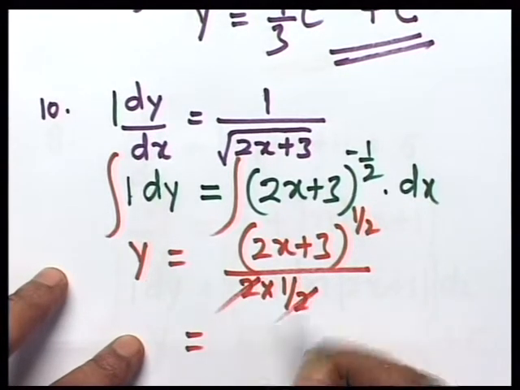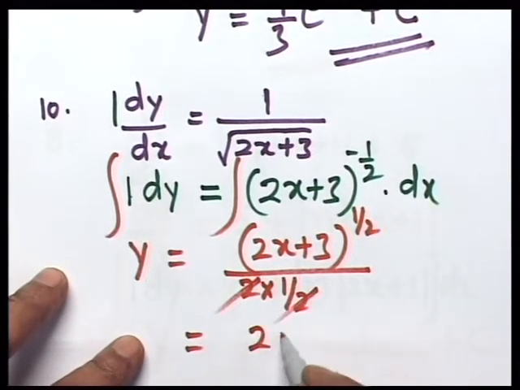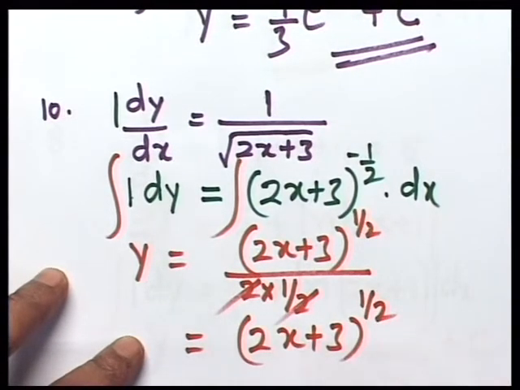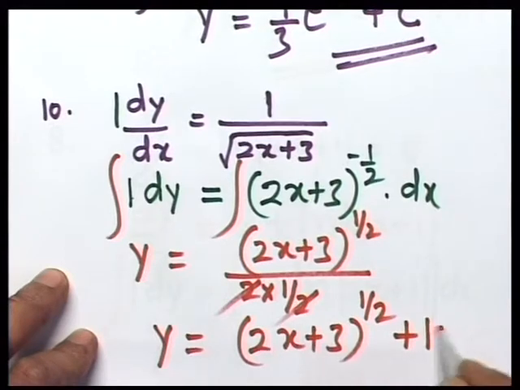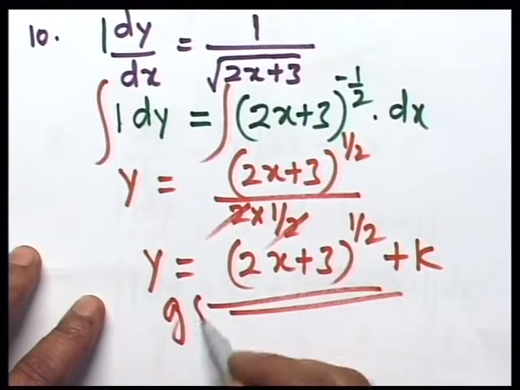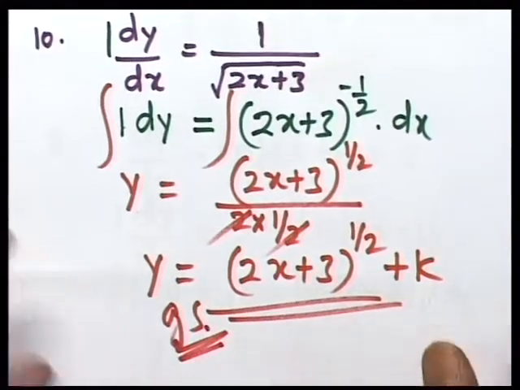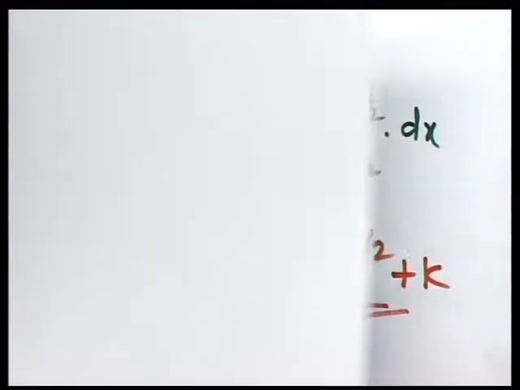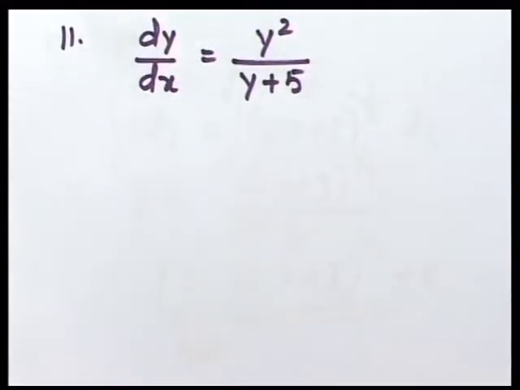So actually the 2 cancelled. We got the answer as 2x plus 3 to the power half. That's it. y equals, and k. That's very, very important because this is the GS, general solution. And right, this time the question is now dy over d